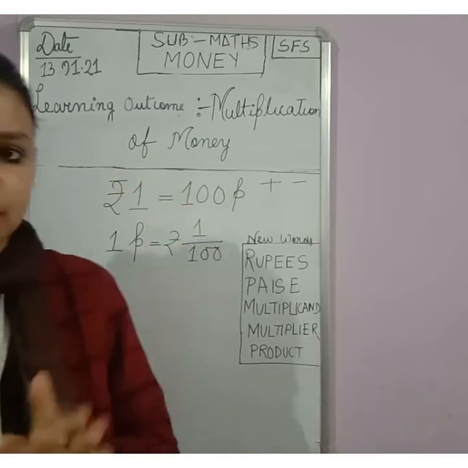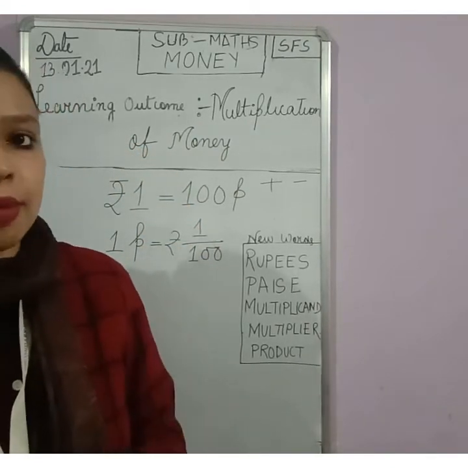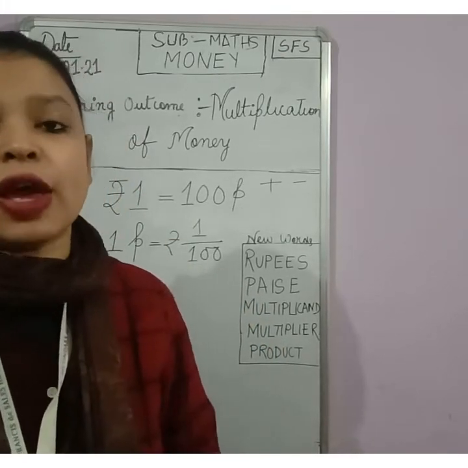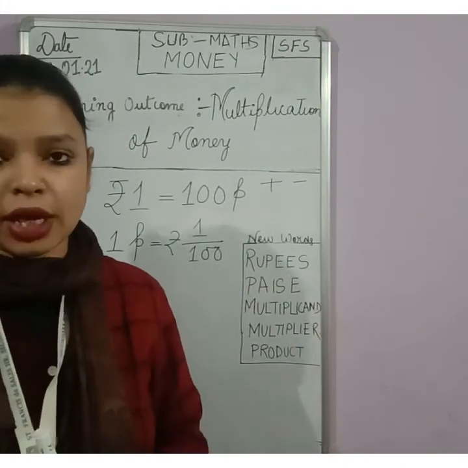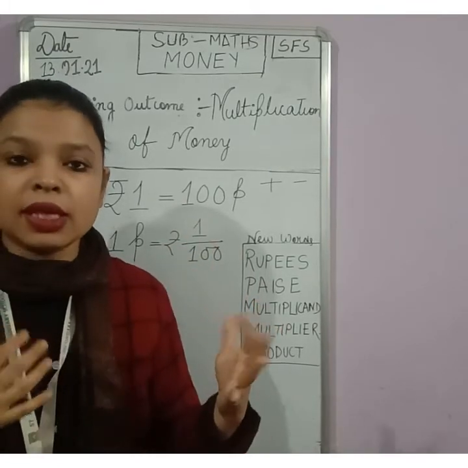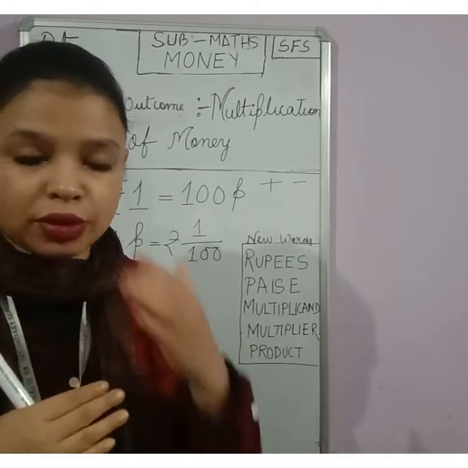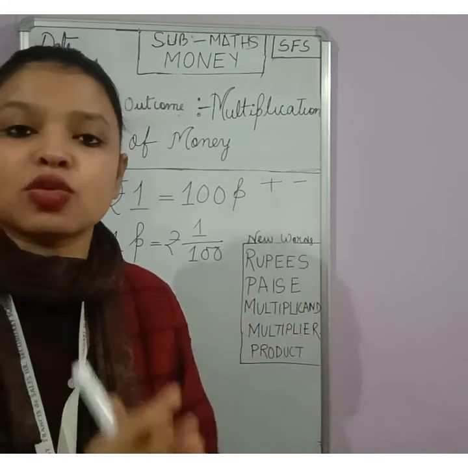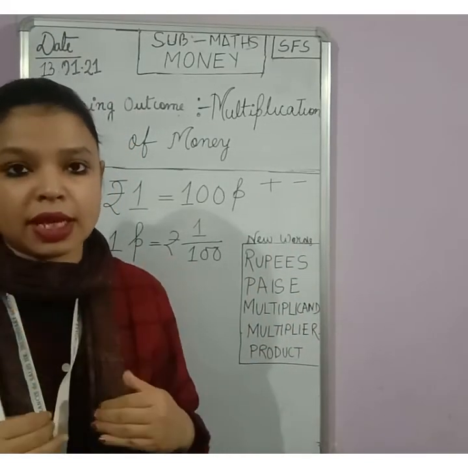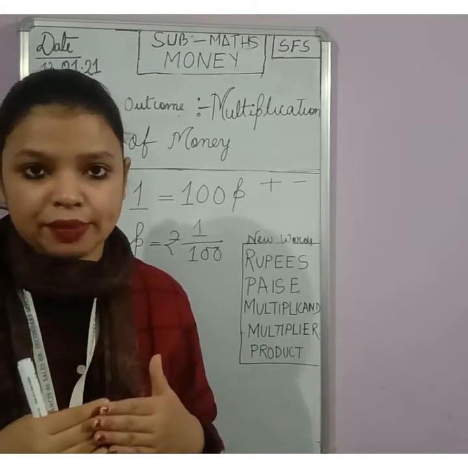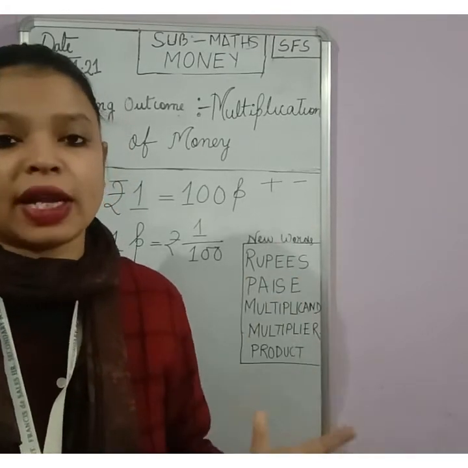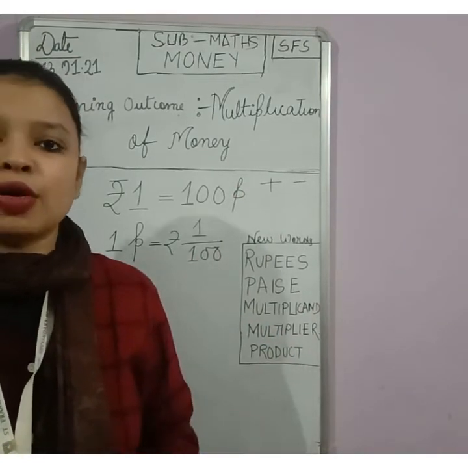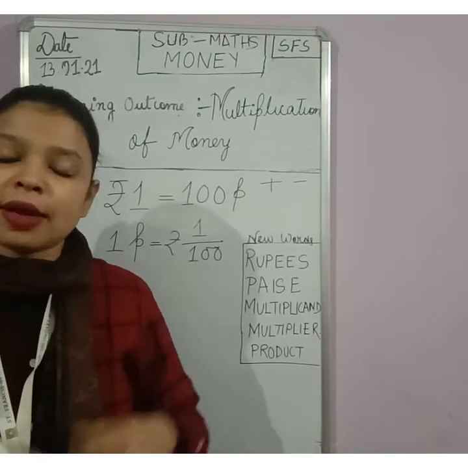Now what is multiplication? Why do we use multiplication? We use multiplication to find the value of bigger numbers. When the numbers are very big, it is difficult to count, and it takes a long process to add them together. So what makes it easier? It is easier to multiply them. When we multiply them, we can find the value of bigger numbers in a short time. That is known as multiplication.